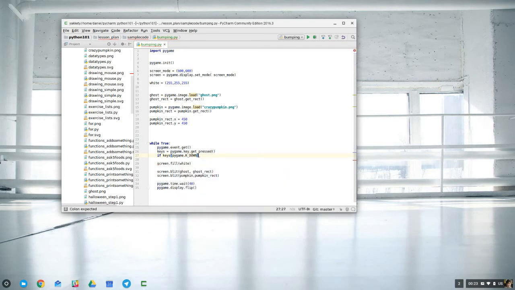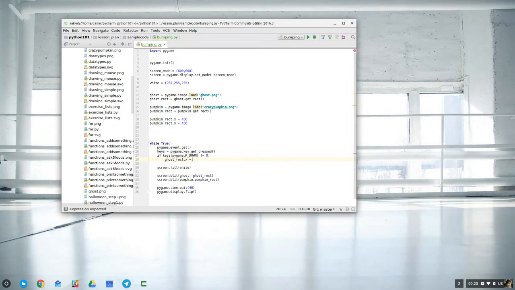If that is not 0, means that key has been pressed. If the key has been pressed, we want to move the ghost's rectangle